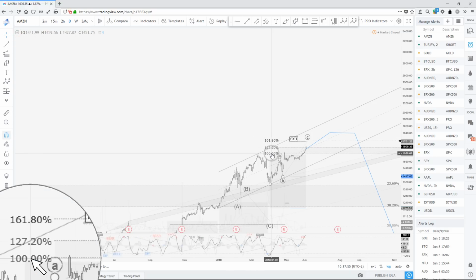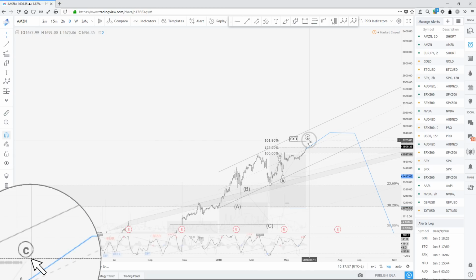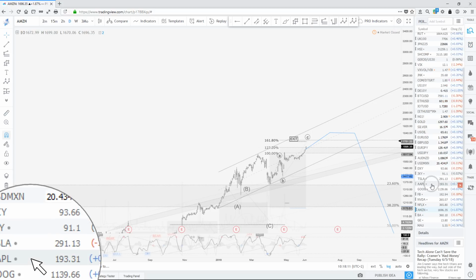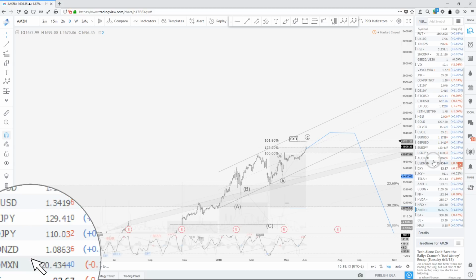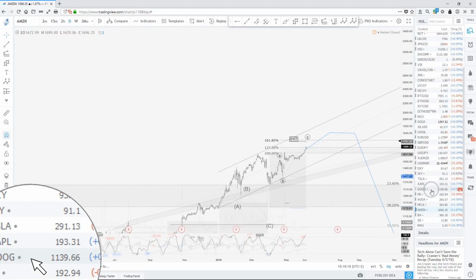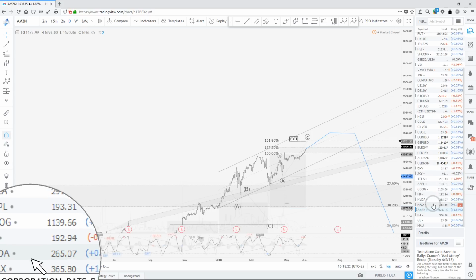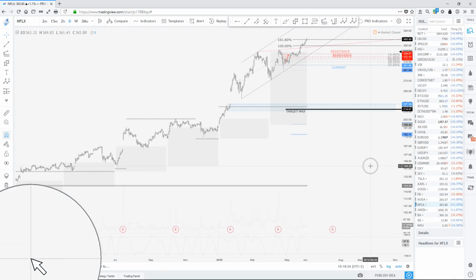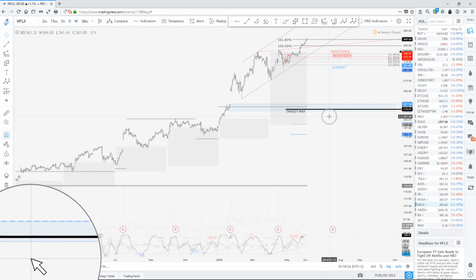I want Amazon to trigger a bearish engulfing pattern, so breaking the previous day's low. Whenever we do it, if it does that, remaining below 1760, then I'll be ready to get into a long-term shorting of Amazon. So this one will be the last big market cap entering into my portfolio, as I already have Tesla, Apple. Don't yet have Google, but I don't necessarily want to have that one. I already have Facebook, Nvidia. Netflix got stopped out, so I'm going to probably take this one as well soon.